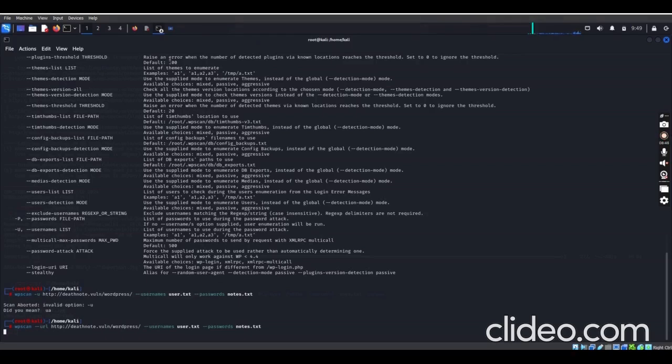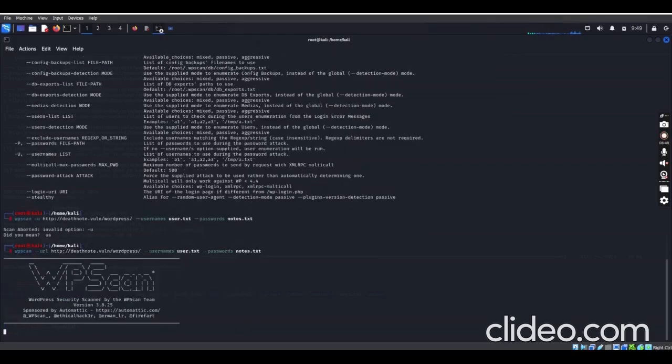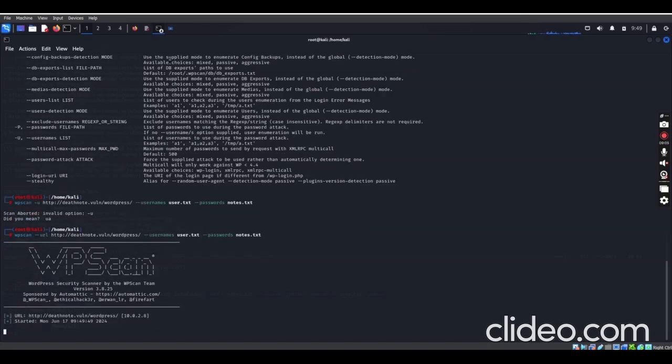We are running it from here now, and we will be able to see if we can get the username and the password. And it's going. We just need a little bit of patience to let it brute force through the website.